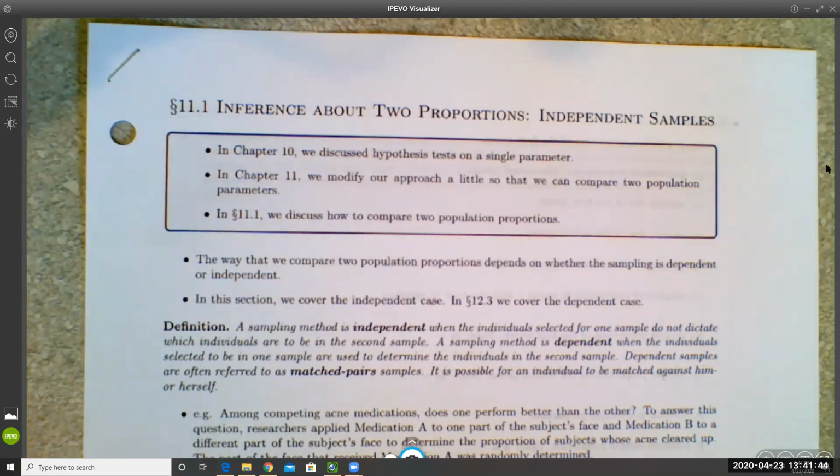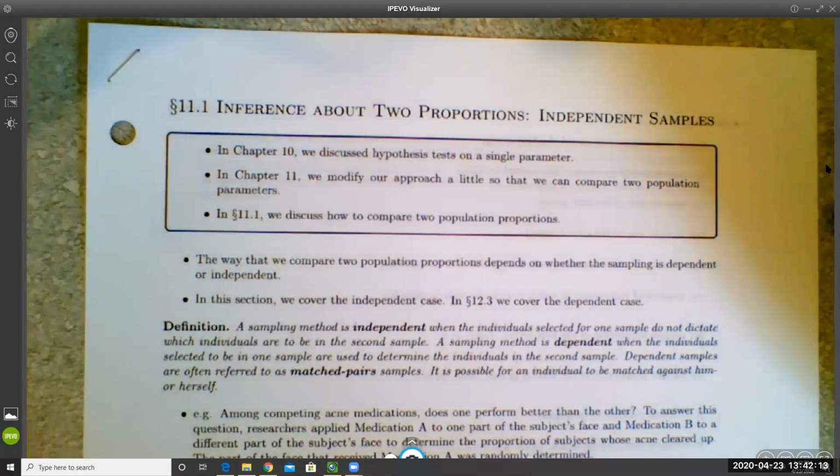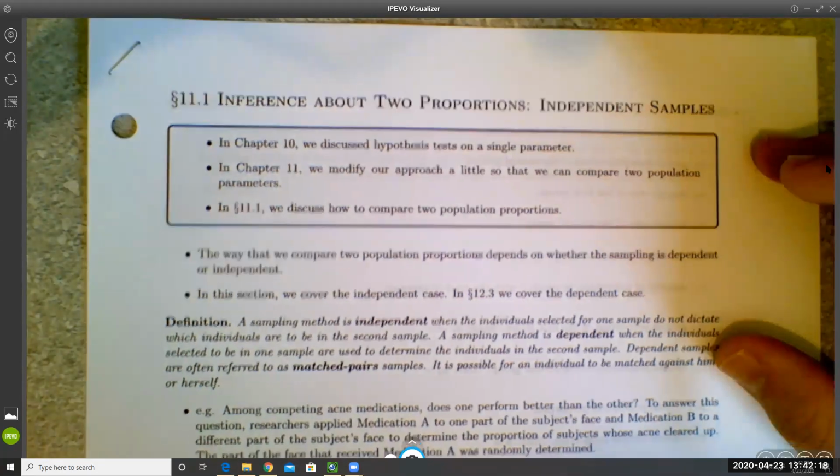It used to be in your textbook that they did both of those topics in the same chapter. 11.1 and 12.3 were all condensed into just one section. But they've split it into two sections, and they put the second half of the section in chapter 12. I don't agree with that change, needless to say. So we're going to cover 11.1 and 12.3 back to back, the way that it initially was in your textbook in the previous edition before the one that we're using right now. Anyway,